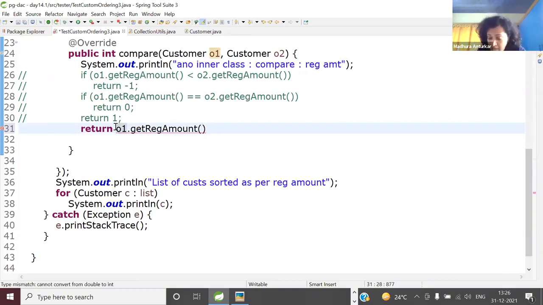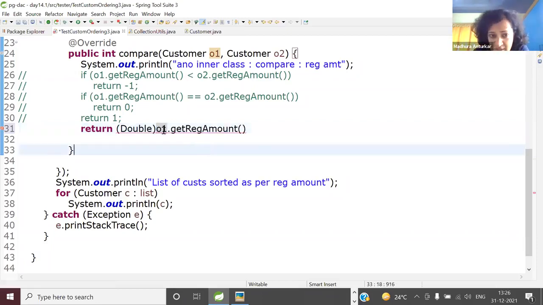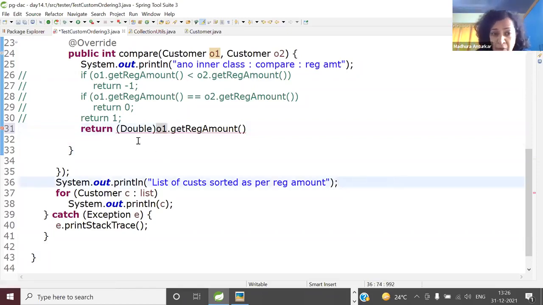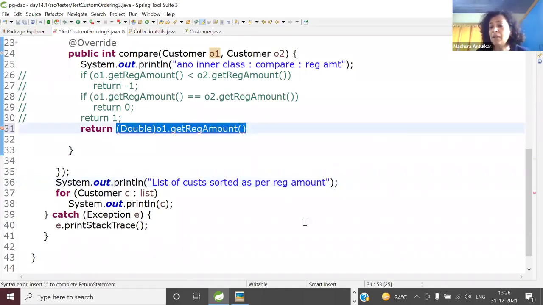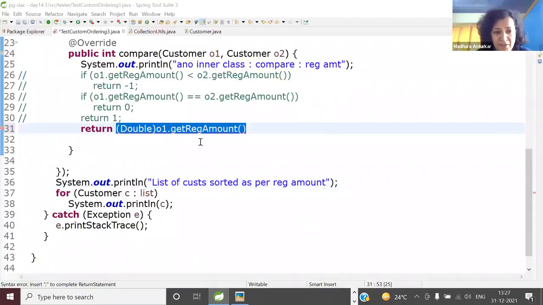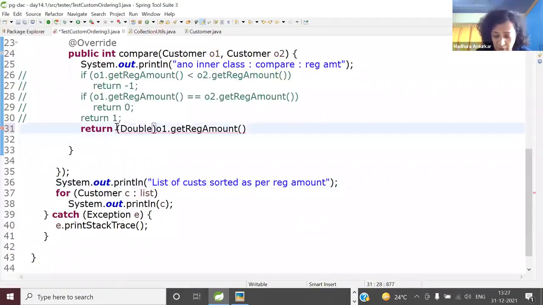So here, observe. Again, I'm saying, don't do it. I'll wait for you. So here, listen to the questions. What is the data type of this highlighted one? Primitive double. But what is the data type of this entire one? Primitive or wrapper? P or W? It's a wrapper. Okay, so let's get it into the proper type.